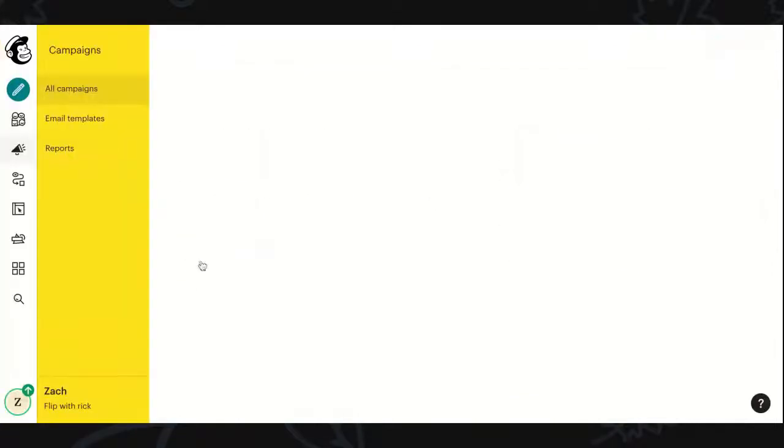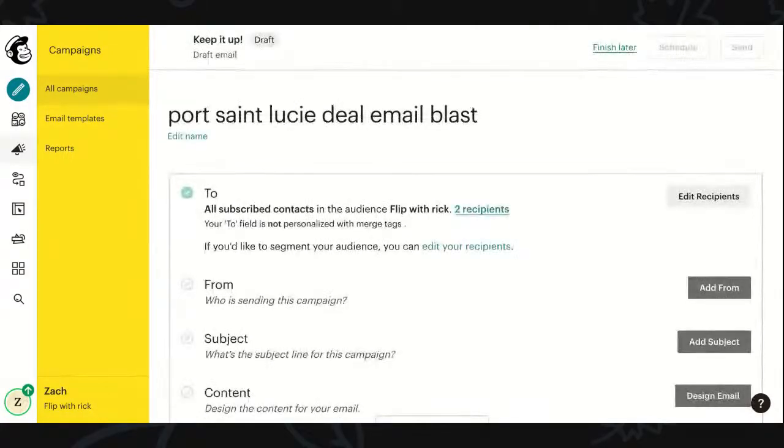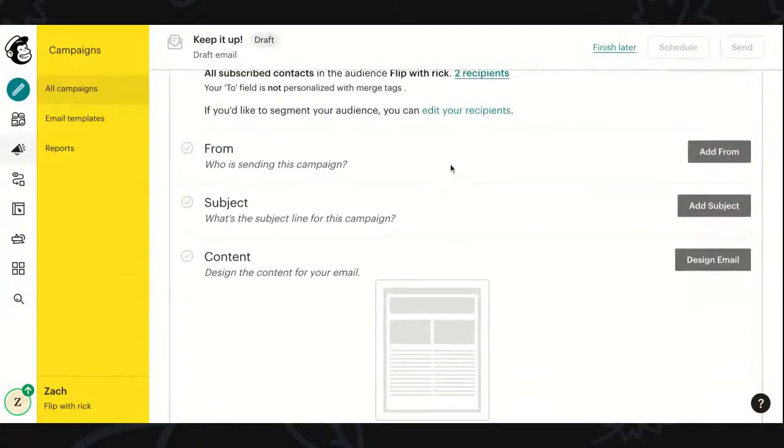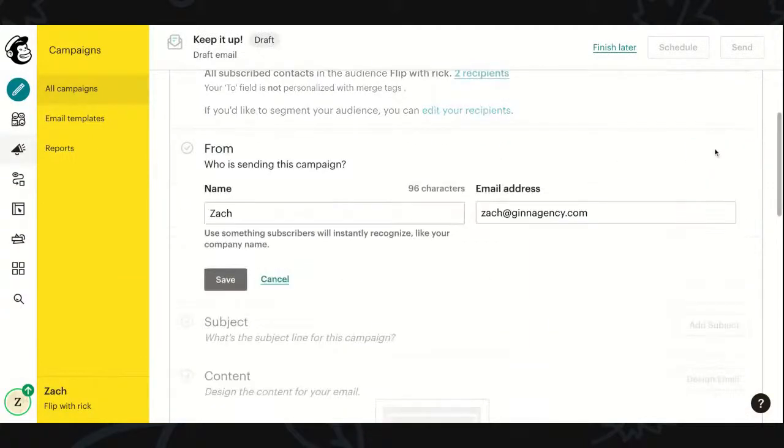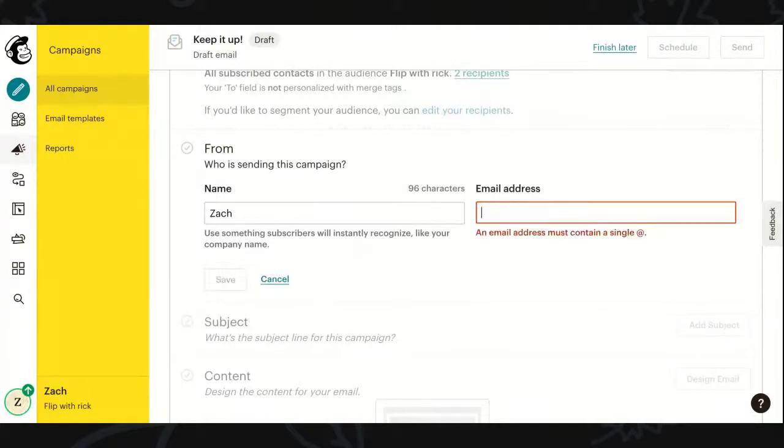It's another reason why I did that, because I didn't want the email like 1,000 cash buyers to take an hour to do. So we're loading in here, and what I'm going to do next is actually start the template. So we got that from who is sending this campaign, Zach Ginn, and then we're just going to change this to what email can I do? ZachGinn@gmail.com. Save.